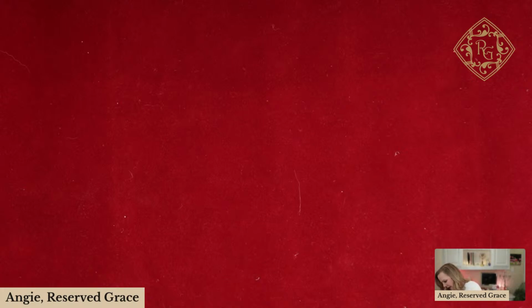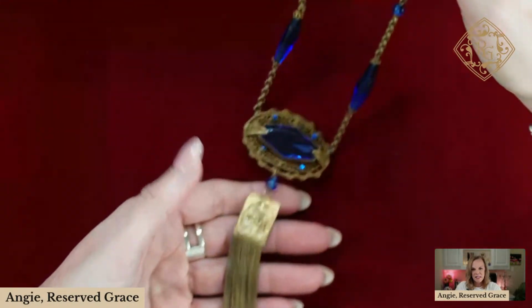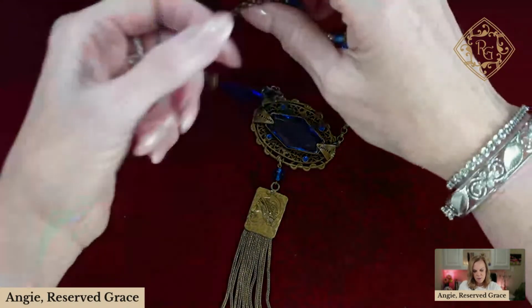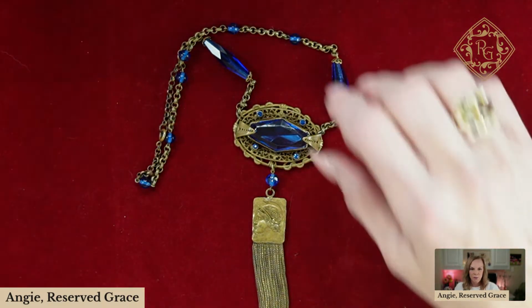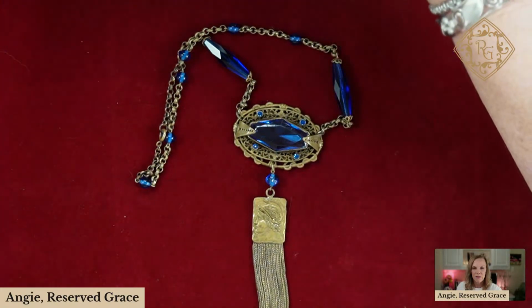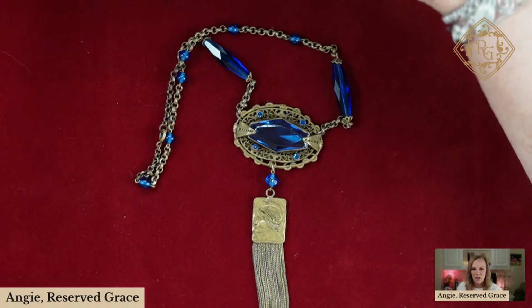Now, I did bring back one of the premier vintage pieces. For me, I think this is one of the premier pieces that I've had in a show. I just love this. I am determined that somebody is going to find this in their life and they're not going to be able to let it go. Not going to be able to pass this up. I will show it to you from the front in just a second on the body form. I will put some information in here for you. So this is the Art Deco